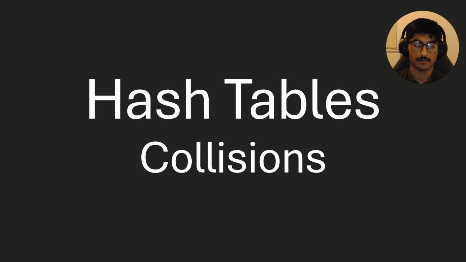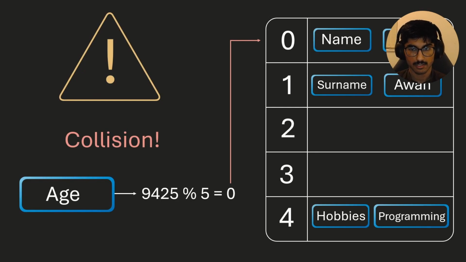So collisions are a key problem with hash tables, and if we don't have methods to tackle this problem, a hash table is practically unusable because we always run into issues. So today I will be showing you guys some very powerful techniques to deal with collisions. In the last video I showed you guys how hash tables work, and we had this specific example of a